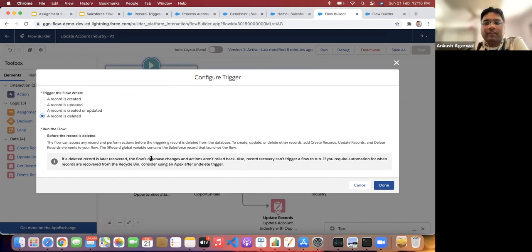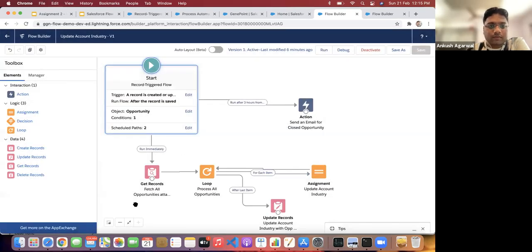But if you want to do it after the record is deleted, for that purpose you have to go with the Apex after delete trigger or after undelete trigger. So it can only be before the record is deleted. This is a limitation with the record deleted one. Okay, so I just wanted to share this with you, and let me go with the other questions.